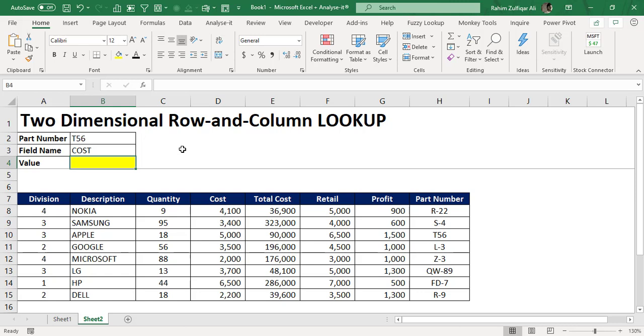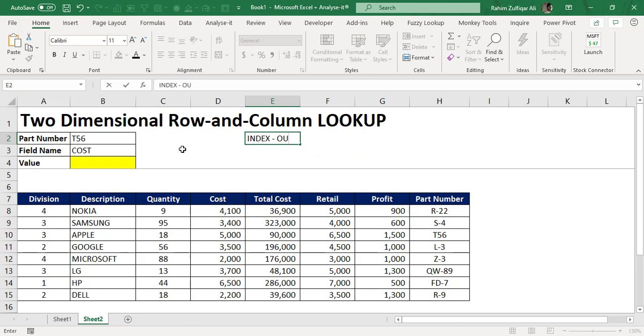So let's get started. INDEX basically gives you an output, but where that output comes from, the MATCH function helps the INDEX function reach that exact point by fetching either the number of that particular row or that particular column.